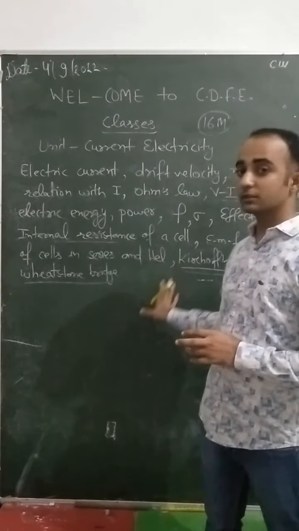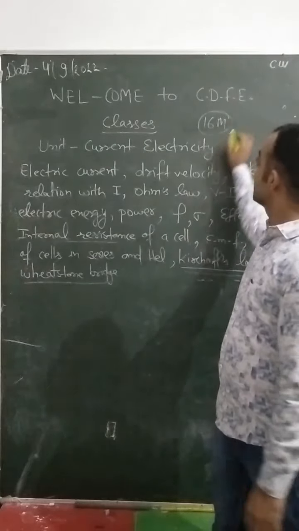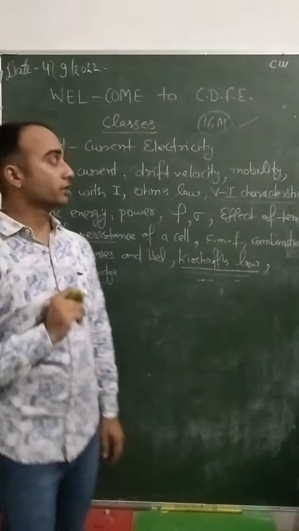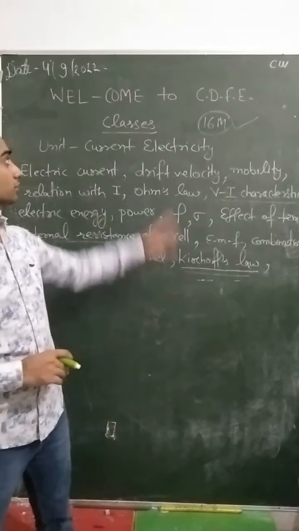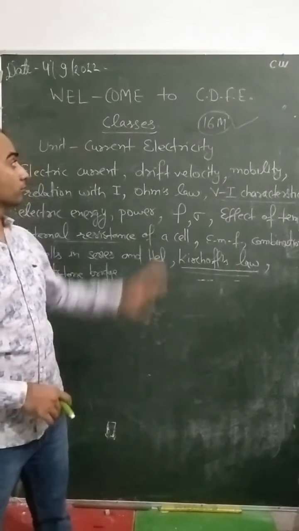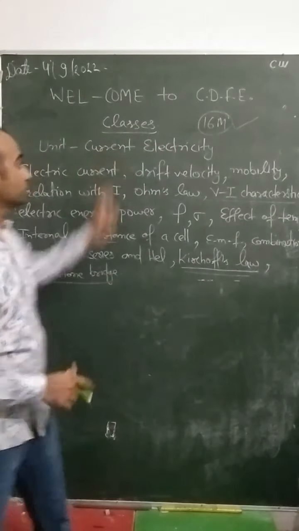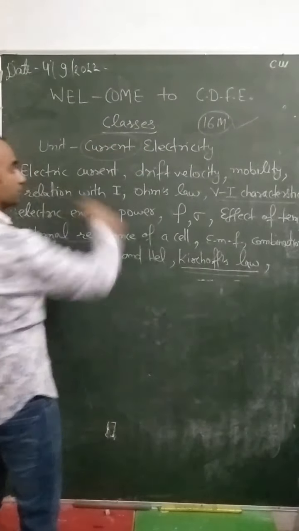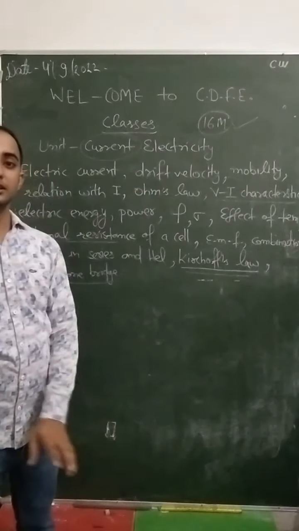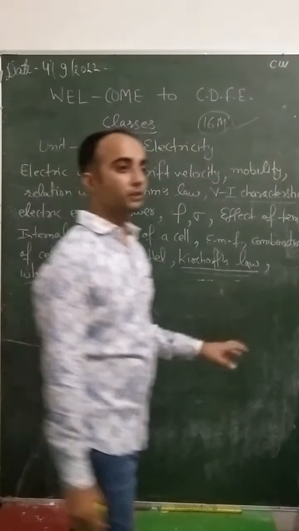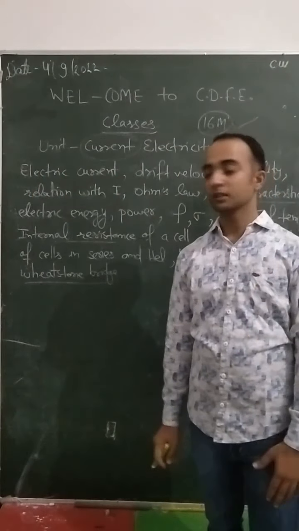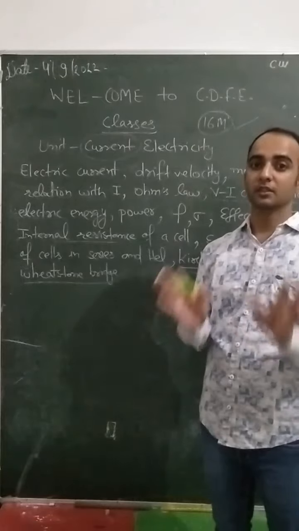So this is our brief syllabus of this unit. Again I will tell that it contains the first and second units for 16 marks. First unit is electrostatics, second is your current electricity. In electrostatics, charge was at rest, but in current electricity, current means to flow. So now charge will be in motion, and we will study the properties related to charge when it is in motion. So this is our syllabus. I hope the syllabus is clear to all of you.